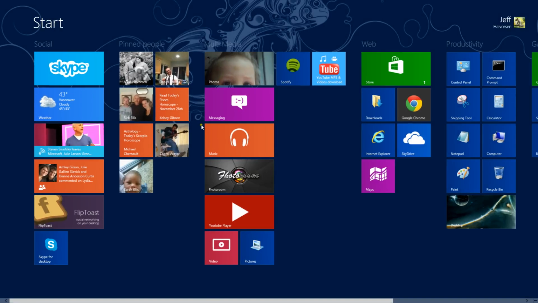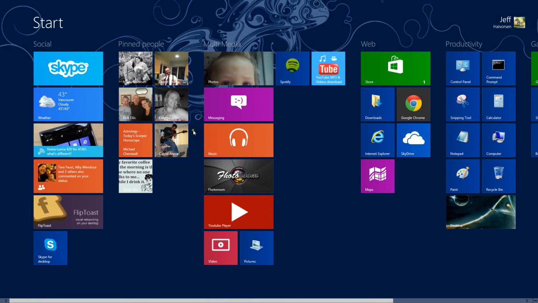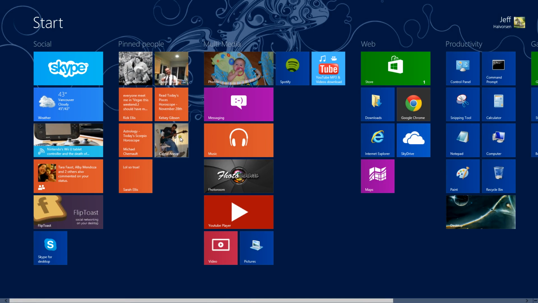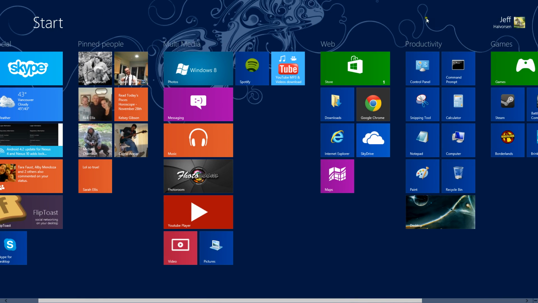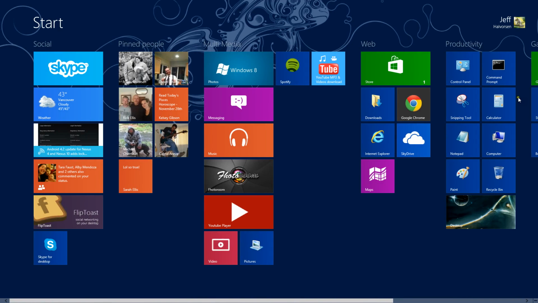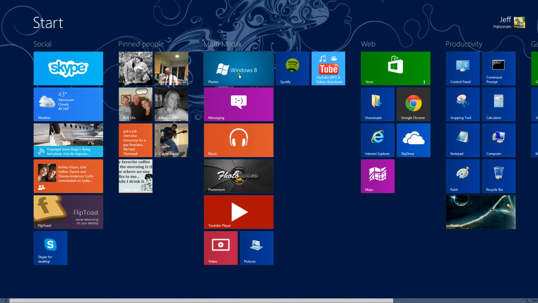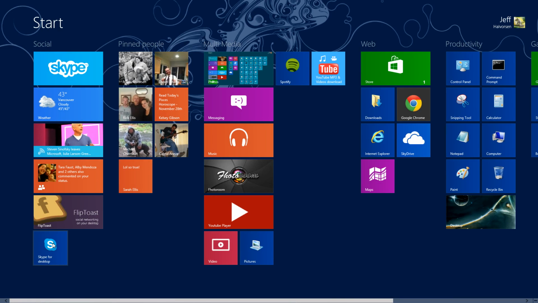So when you log in, you first log in with your Windows Live account, or I guess your Hotmail, or whatever they're calling it these days. You're going to be whisked to this new start menu, and you're going to have your account information up here in the right. You're not going to have as many applications installed as I do at this particular time, but you'll have a few. You're going to have your desktop over here on the left, and maybe I'll make a video later on showing the default screens, but I just want to give you an idea of some of the things that you can do to make yourself comfortable with